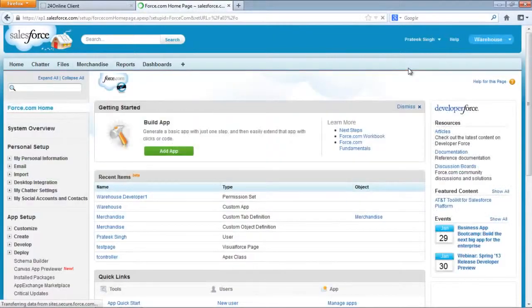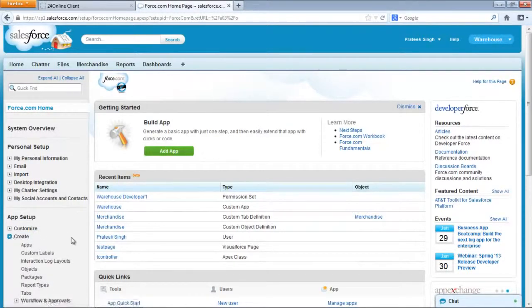So now we have created an object called merchandise. The next issue is what we need to track in this merchandise. Merchandise is actually a group of all the items we have in a store: what total inventory we have, what their price is. We can also give some description about each and every object. So we need to track that in merchandise.